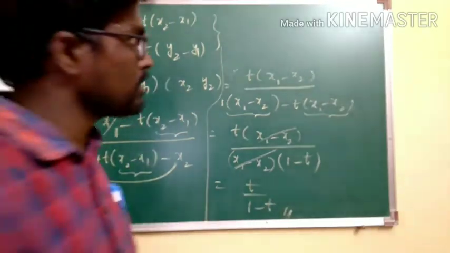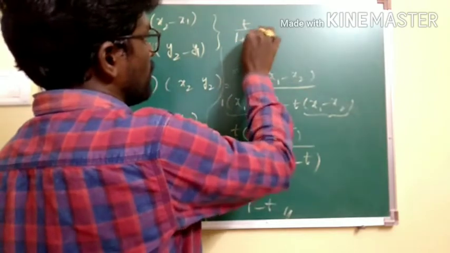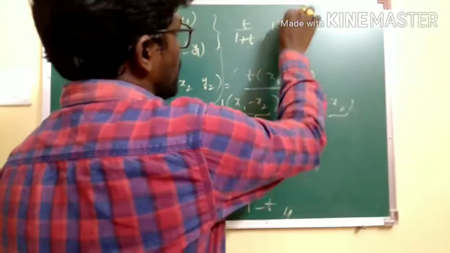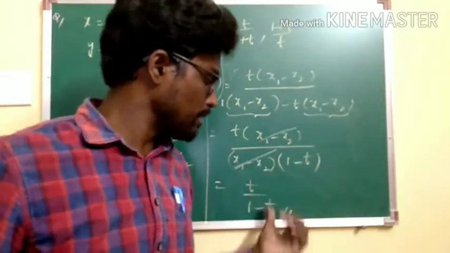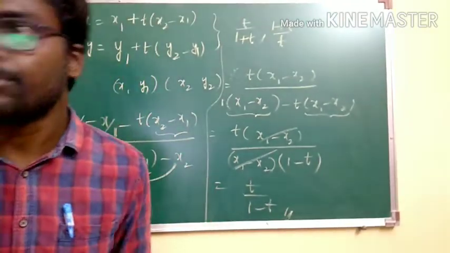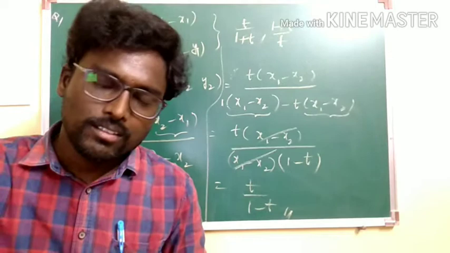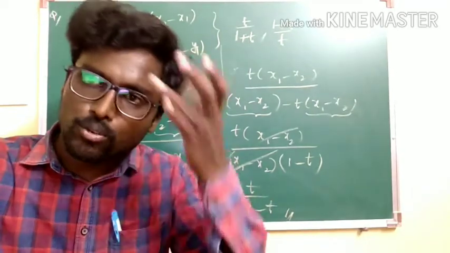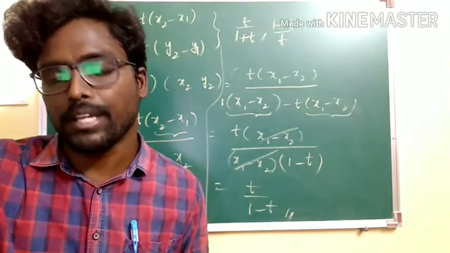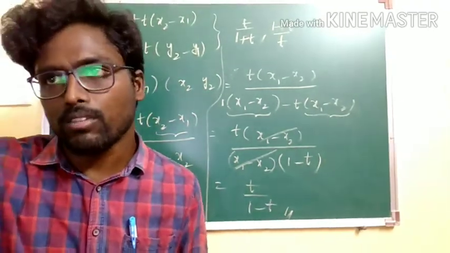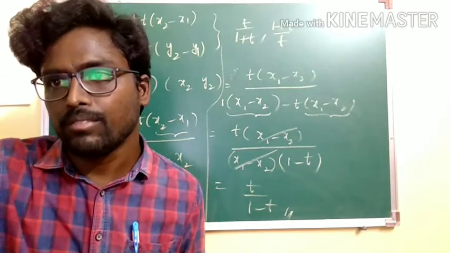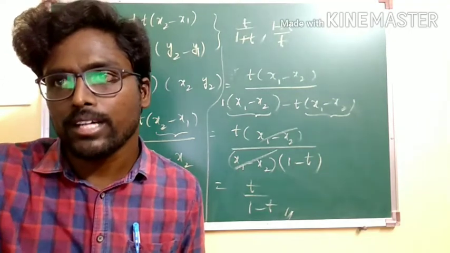Here we are given the options: t by 1 plus t; second option is 1 plus t by t; and the third option is t by 1 minus t. So anyway we have got this option. And the fourth option is 1 minus t by t. In that way you may come across only unknown terms. So far we have been doing the applications with some numerical values. Here all the questions are completely based on unknown terms, so you should be very careful. Okay, now let's go with the next problem.